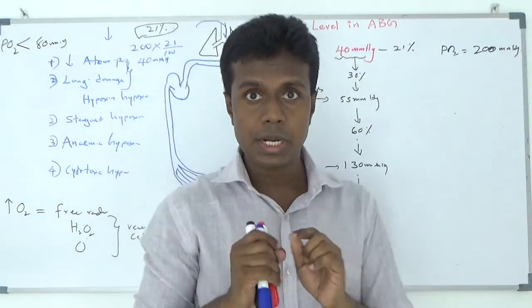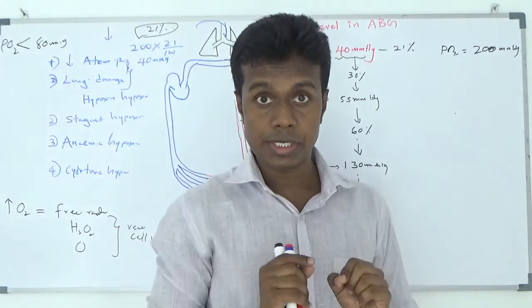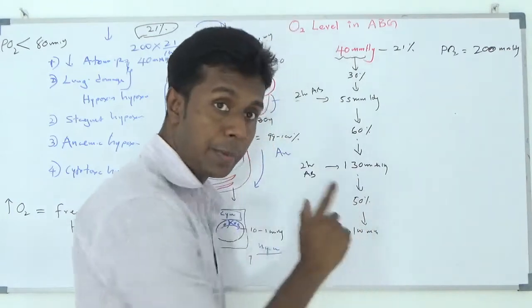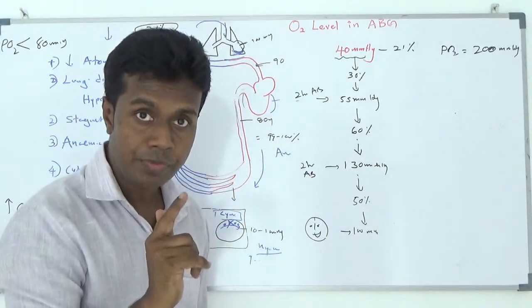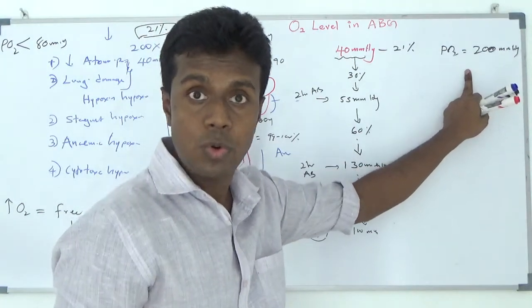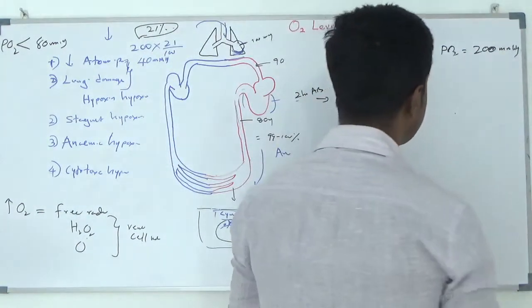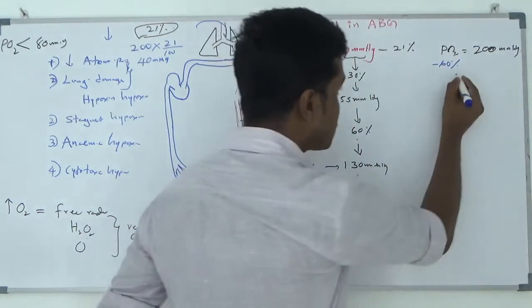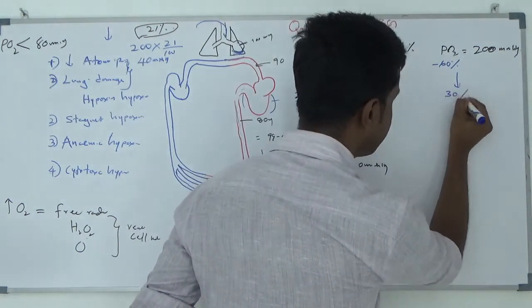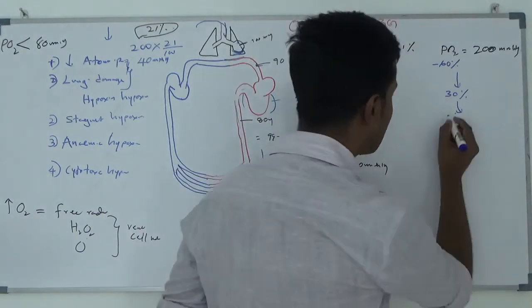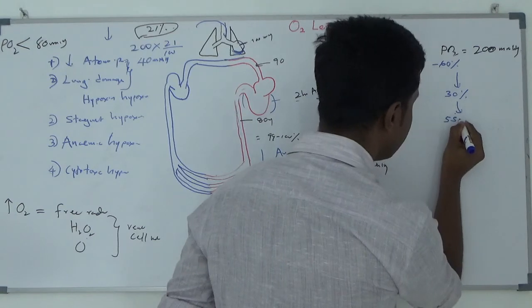You actually have to prescribe oxygen. Oxygen is a drug. You have to prescribe it. The therapeutic level should be 60 to 100 millimeter mercury. This is above the therapeutic value, not good at all. Now I want to reduce this. This patient was on 60% oxygen. I reduce him to 30%. Then I repeat the ABG in 2 hour time. I found a value of 55 millimeter mercury.